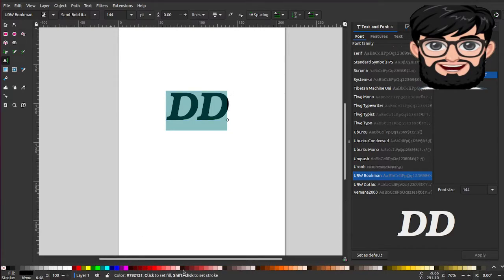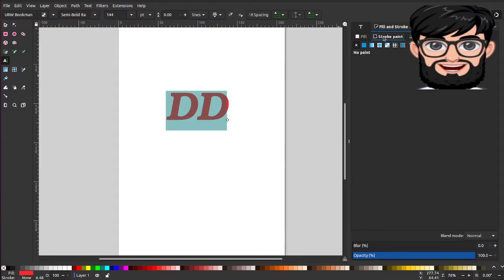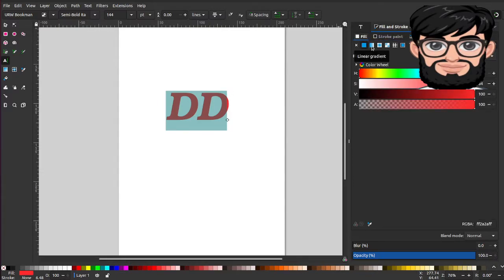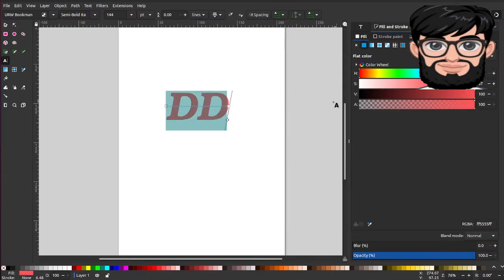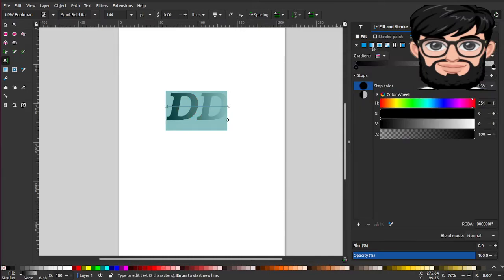If you just want to keep it a simple logo, you can select a font, right? You can select the color of the font, and then when you are filling it, you can select this linear gradient, and it's going to give it a gradient, right? And when we have the gradient,